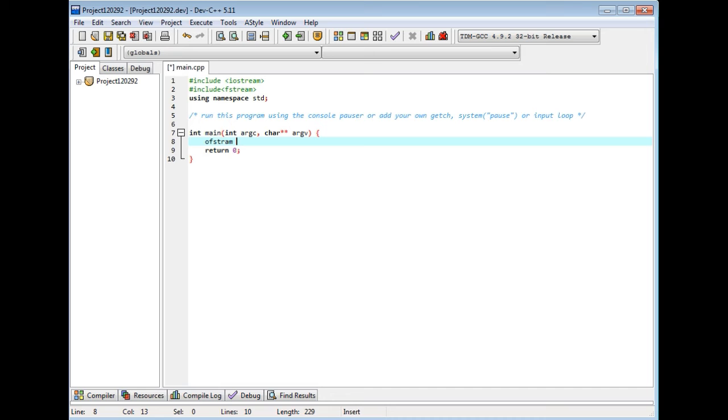ofstream file1, and we should call this file, this should be on the C drive, my file dot text.